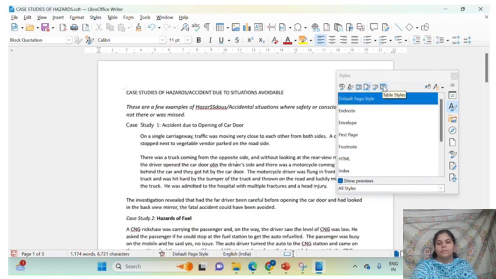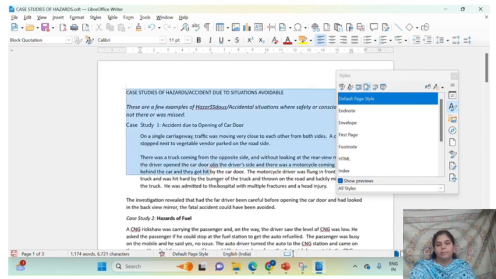Now next in succession is list styles. By default, you must have been using lists, bullets and numbering while creating your document. In that case, we are selecting each and every list or bullet of our choice manually. This can be done using list style, and whatever bullet or numbering style we select will be implemented to the entire document. Again, it will maintain the same consistency for the entire document.